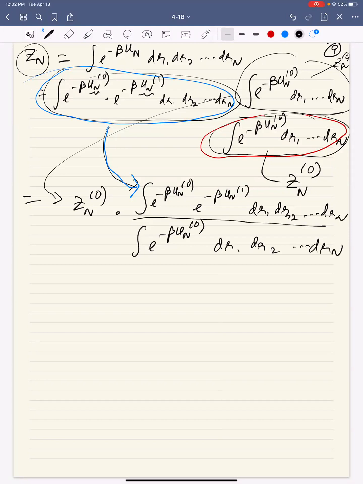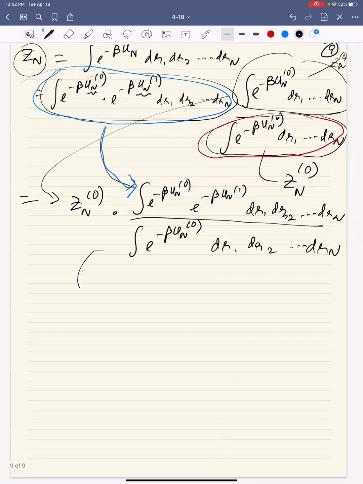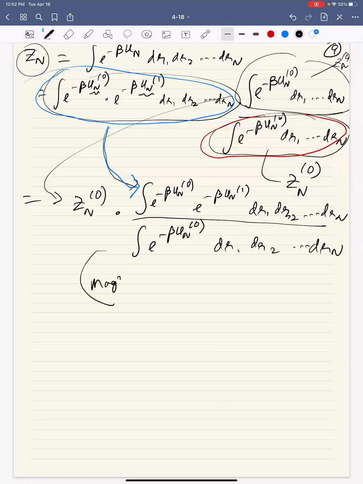At this point we can make a magical change. What is that magical change? Go ahead. It is the average of e to the power minus beta U_N1 in the reference potential, in the reference ensemble, right? So the magic